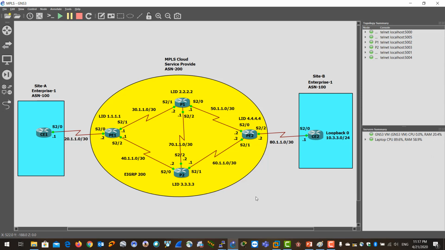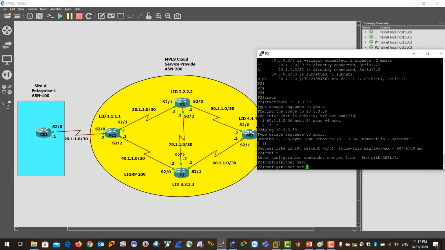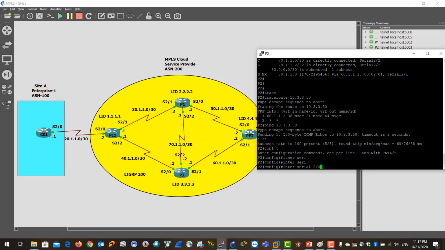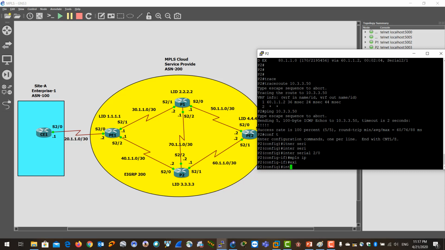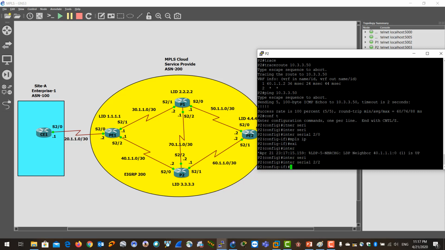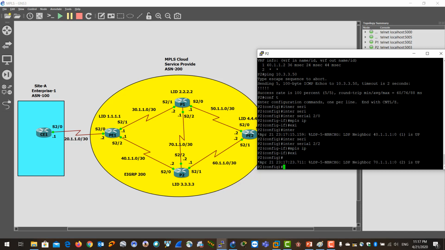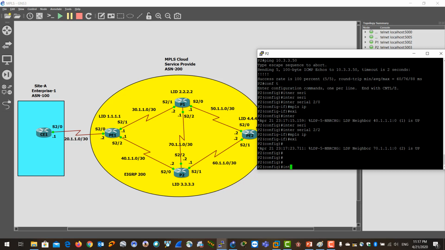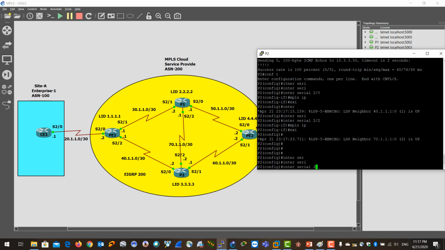Let's go to another LSR, P2, sorry. Interface serial 2/0, MPLS IP, interface serial 2/2, MPLS IP, interface serial 2/1,